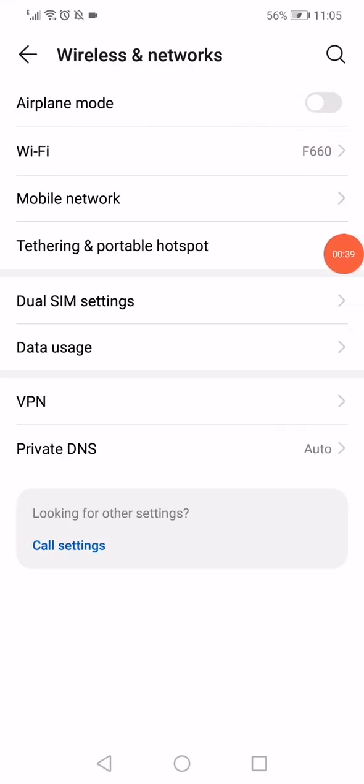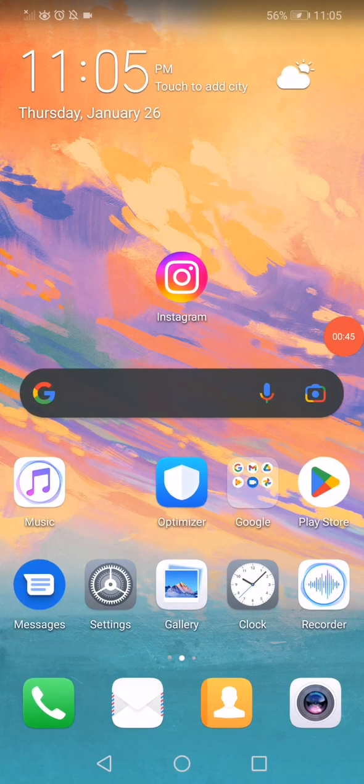networks, go to the airplane mode, enable it for 10 seconds and disable it again. And the third way and last one is you have just to remove Instagram from your phone and re-download it